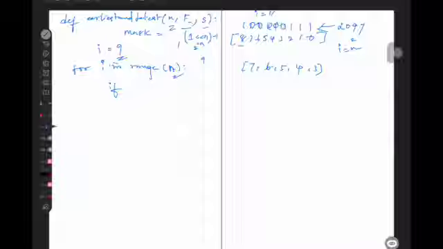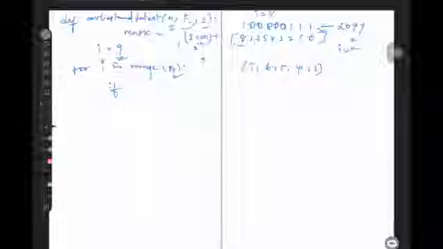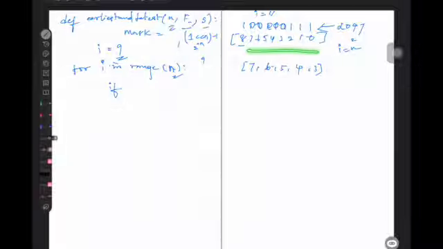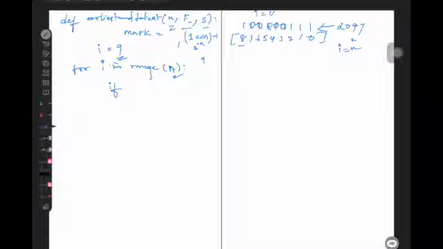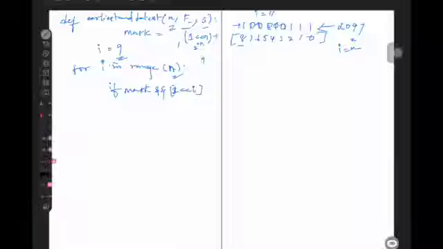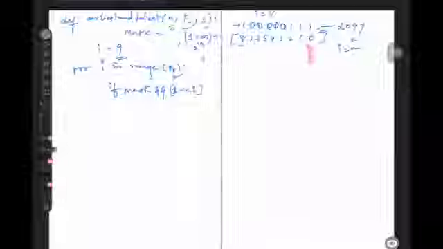How will I get them? I will be traversing through the same mask like this, and I'll be checking first whether this bit is set. How will I check that? If mask and 1 shifted to the power of 5, which means I am moving the 1.